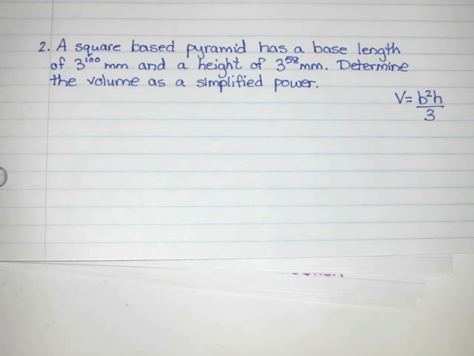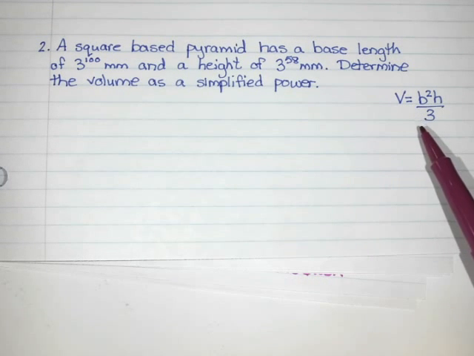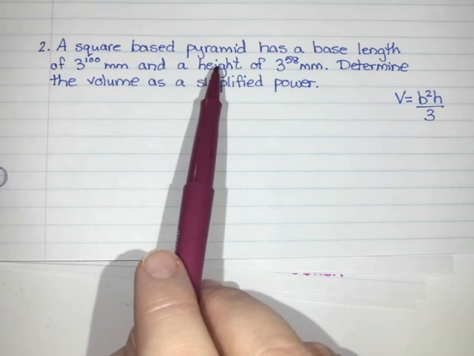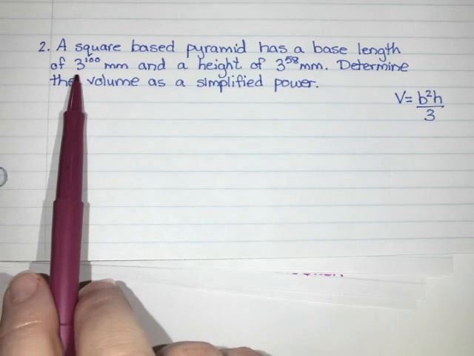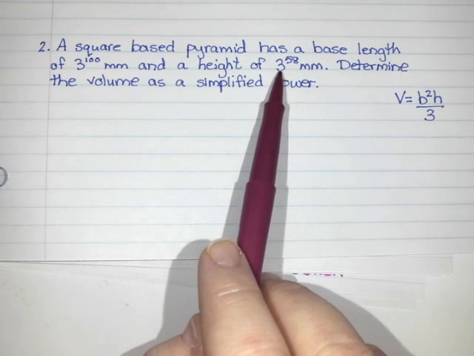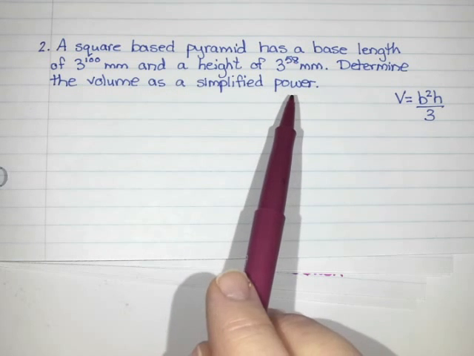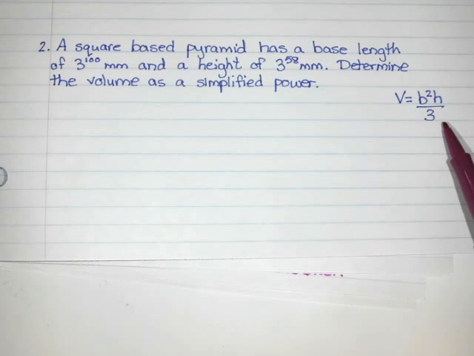We are continuing our lesson on exponent practice, and we have a little application question here. It says a square-based pyramid has a base length of 3 to the power of 100 millimeters and a height of 3 to the power of 58 millimeters. Determine the volume as a simplified power, and then it gave me the formula V equals B squared H divided